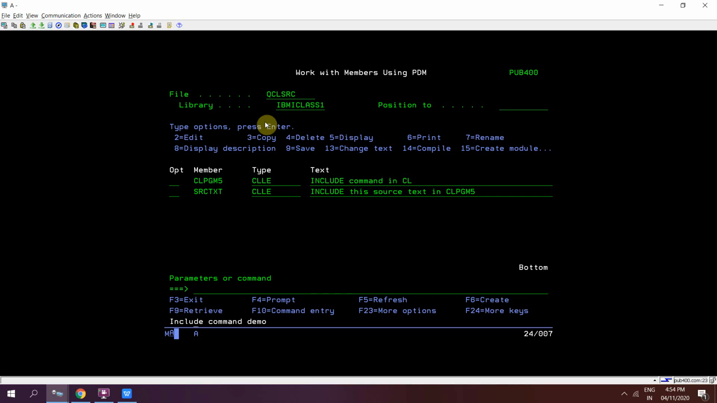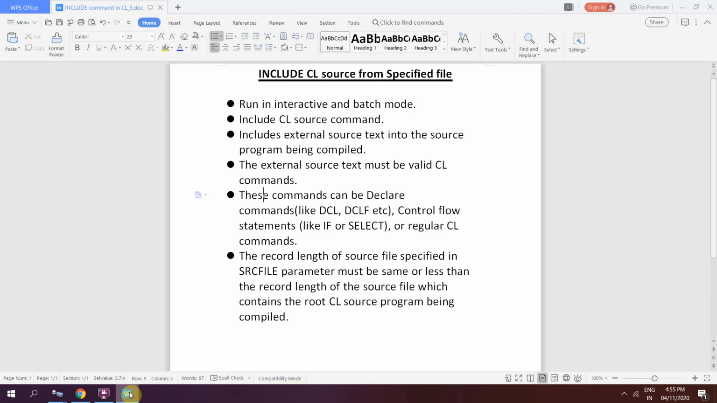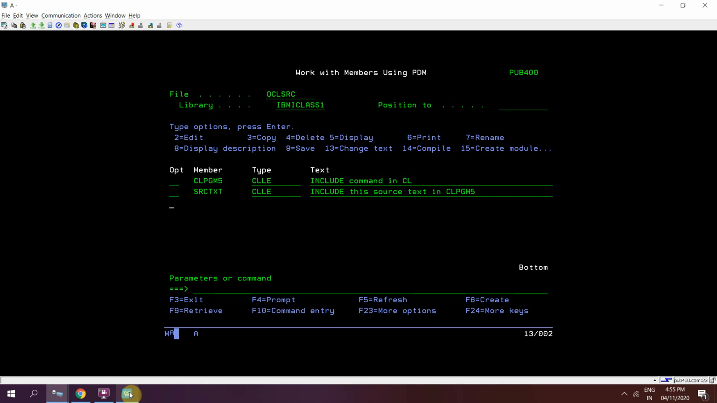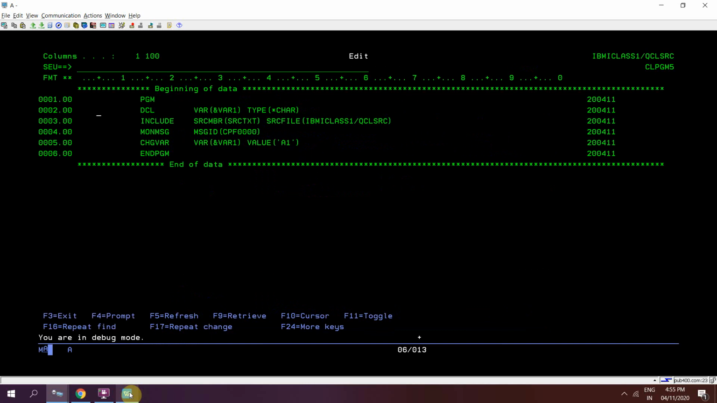So the program runs successfully, and we have seen how we can include a source member from a specified source file, or you can say a specified member present in some specific source file. Or say, if you have given this source text here,